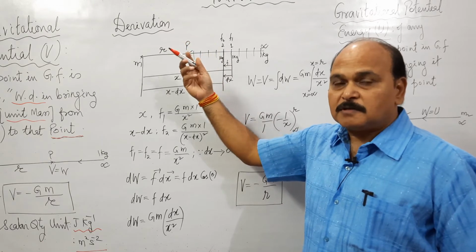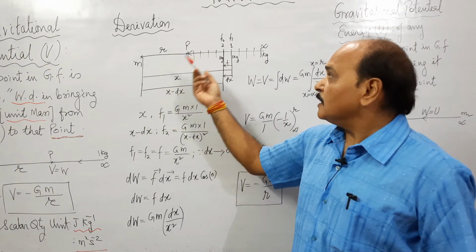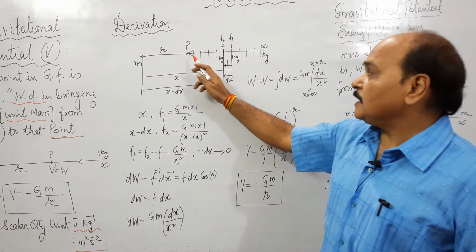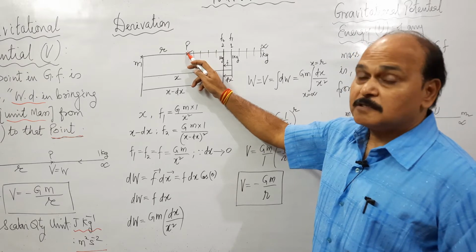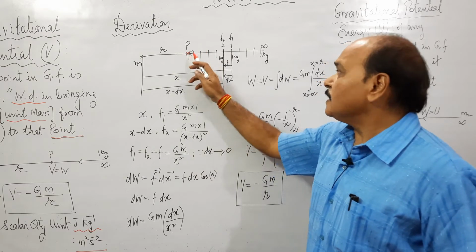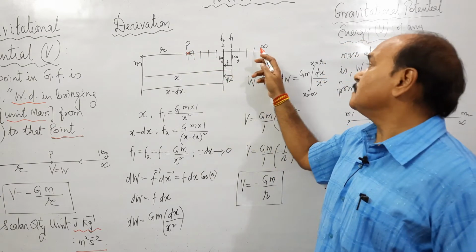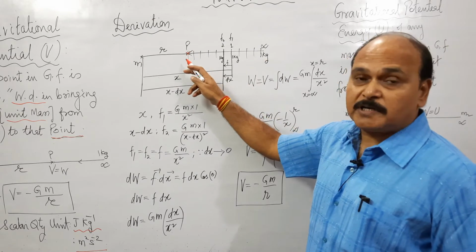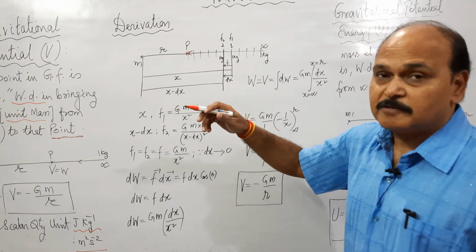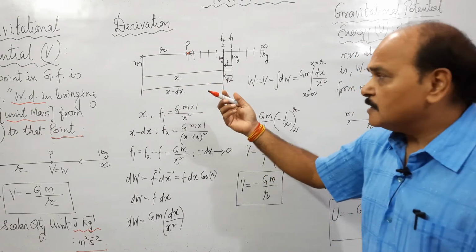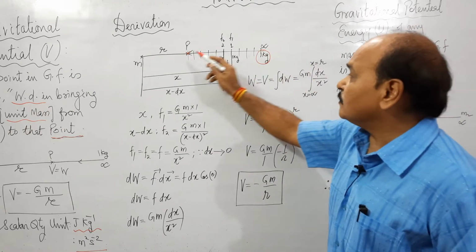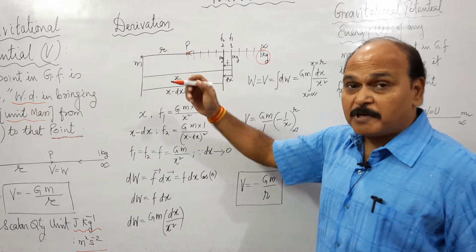Children, let us work out a mathematical relation for gravitational potential. We have already understood that gravitational potential at any point in gravitational field of any mass is work done in bringing 1 kilogram mass from infinity to that point. Since it is work done, it's of course a scalar quantity. So what is work done? We are going to find out work done in bringing 1 kilogram mass from infinity to this point by work done by variable force method.